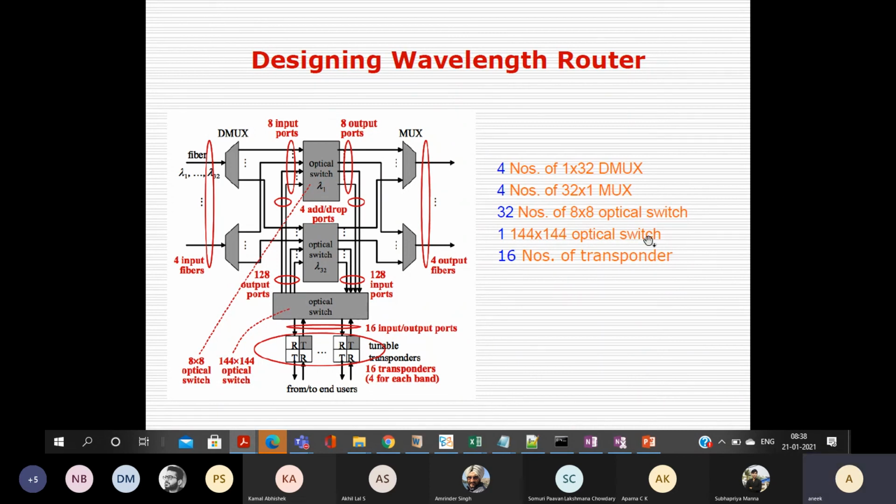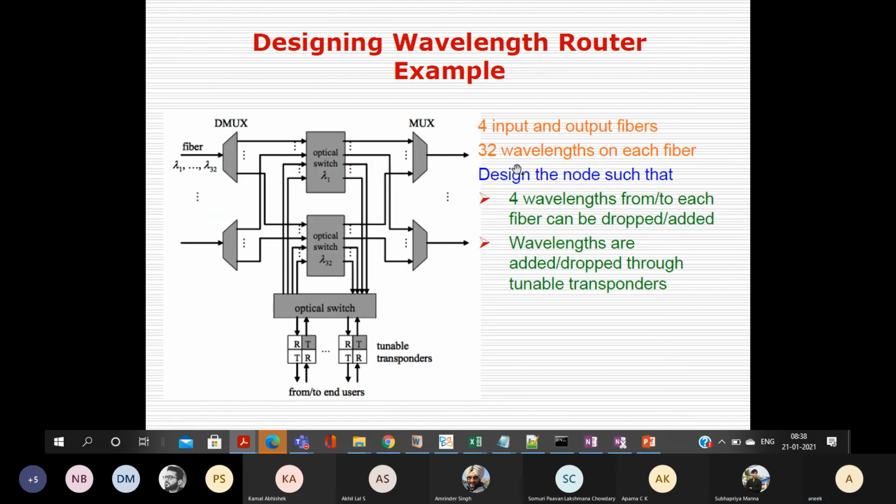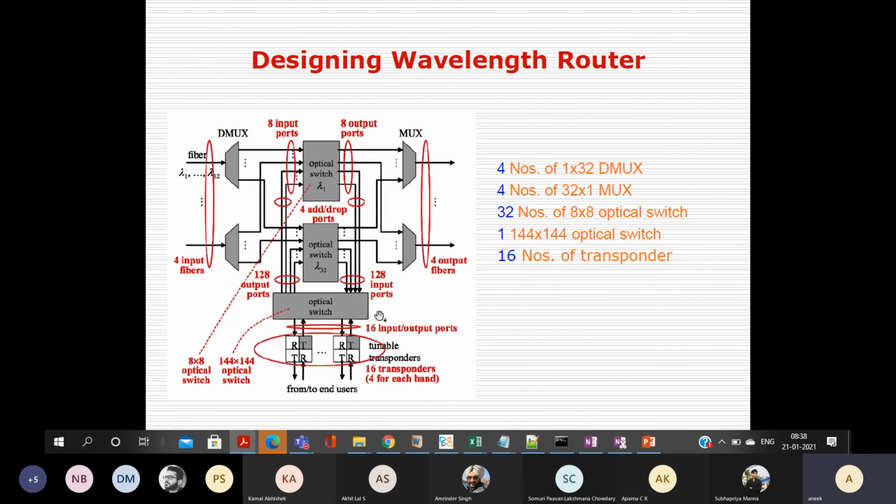Okay, so this is the minimum dimension you require to avail this facility. And using this optical switch, you have flexibility. You see how many transceivers you have: only 16.